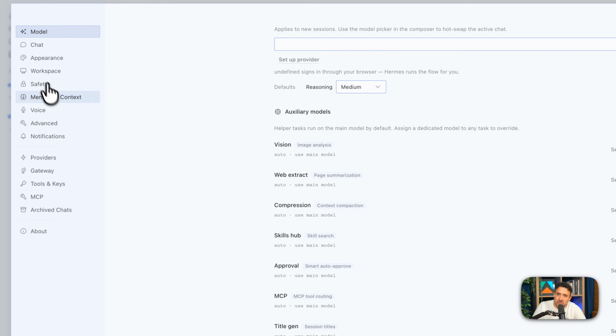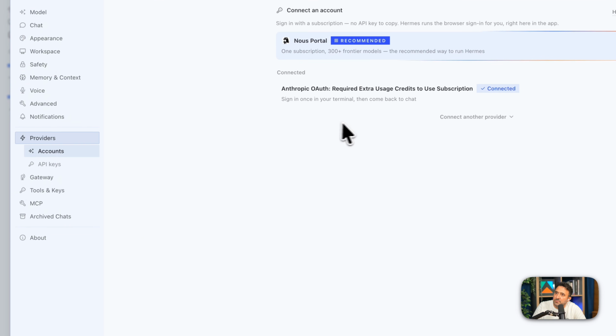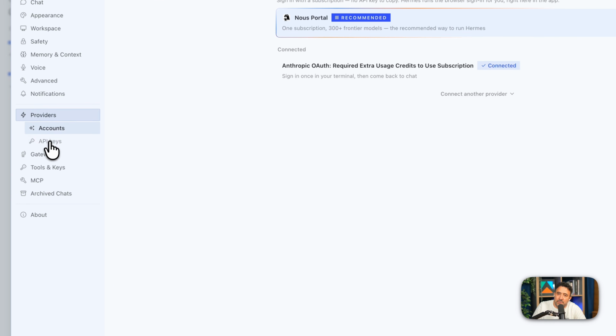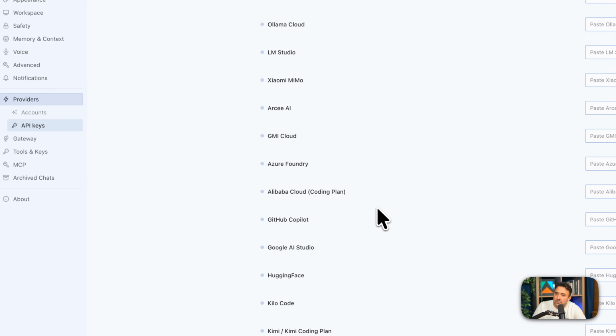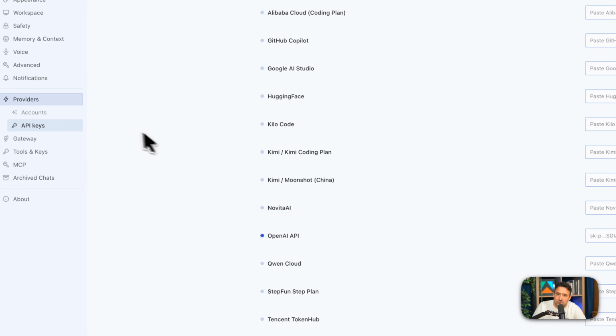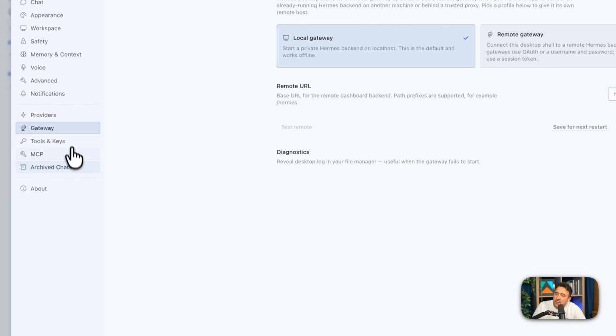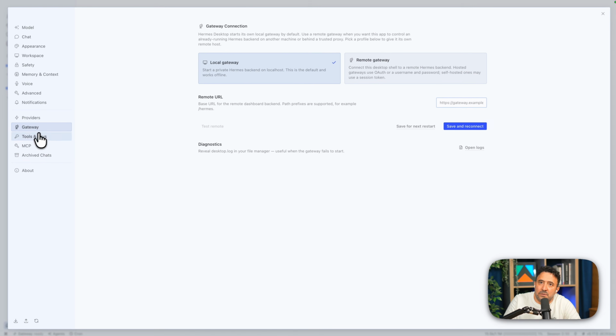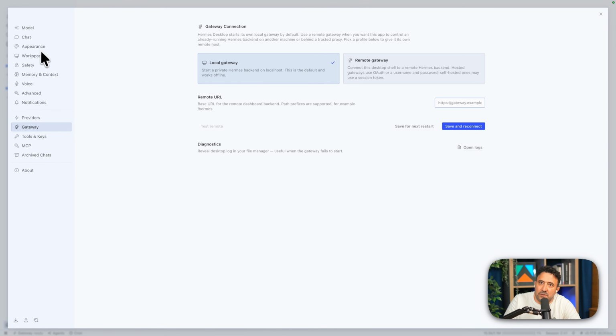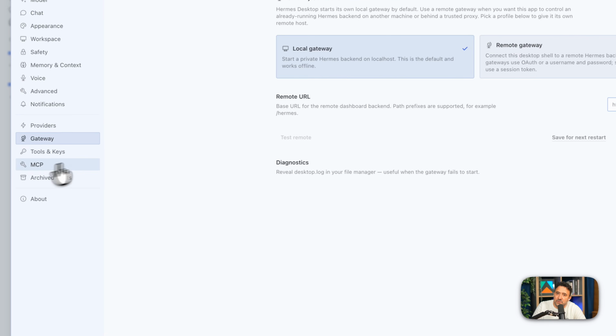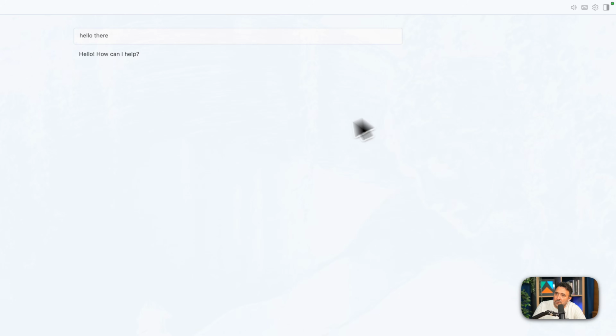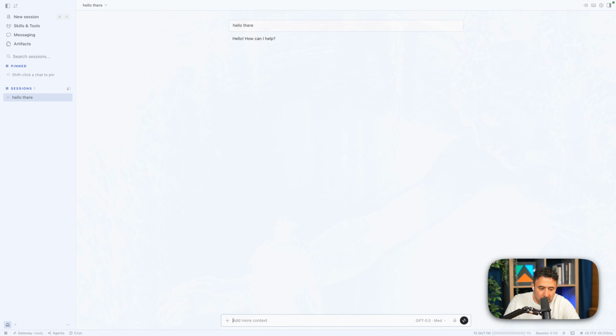Your settings are over here. If you need to provide a new API key for either an LLM tool or some other tools, you can do that here. The gateway is here. Of course, voice and the MCP servers are also here. So we're going to now install the Apify MCP server, right? So if you are an Apify user,